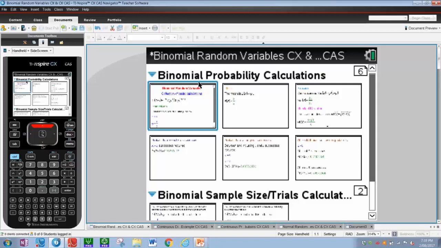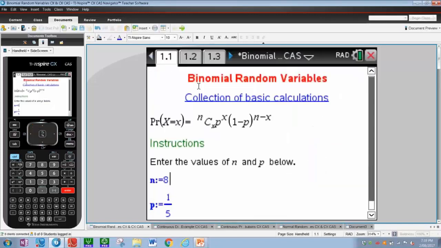Obviously, it's not a substitute for working by hand, but when it comes to a lot of binomial problems where the numbers get quite big and clunky, having a tool like this is absolutely indispensable. Okay, so the first thing this notes page has is it tells you what the binomial formula is at the top of here. So you can see Pr(X = x) = nCx p^x (1 - p)^(n - x). Some students and some teachers might be familiar with the n choose x notation in terms of the two brackets there. Personally, I like the nCx. It's up to personal preference, really.